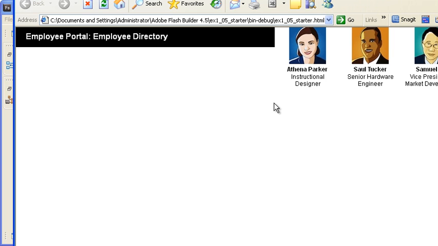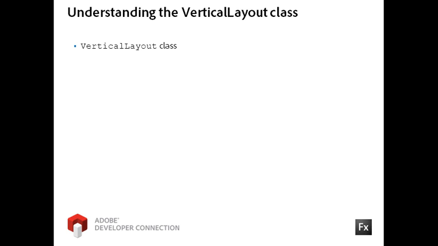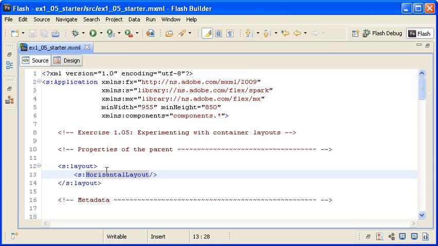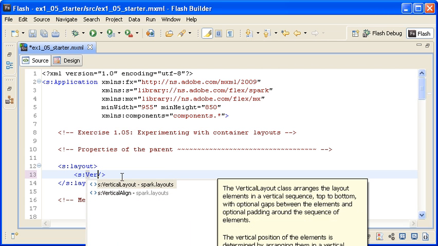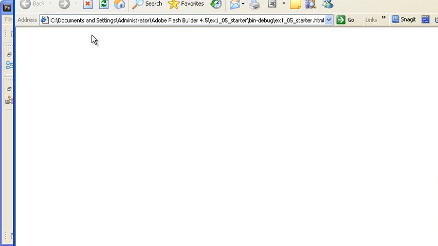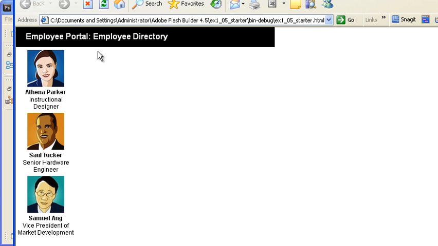own width. The Vertical Layout class lays out its children in a single vertical column. Since its focus is simply on a vertical display, it ignores all X and Y properties defined on the children. The width of each column is the width of the widest child. Each child calculates its own height by default. Back in Flash Builder, I am updating the Layout class to Vertical Layout. When I save the file and run the application, you can see that the children are now stacked